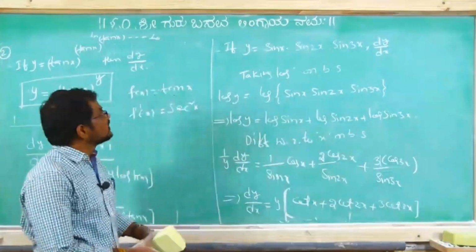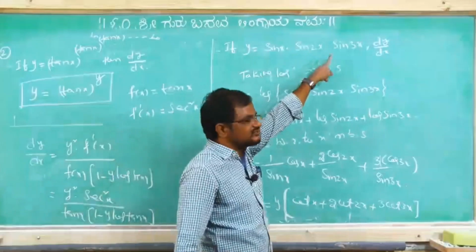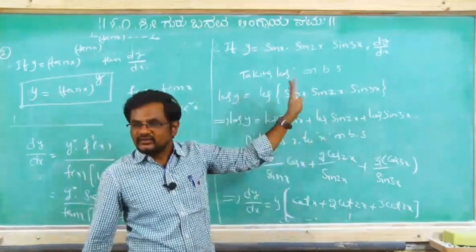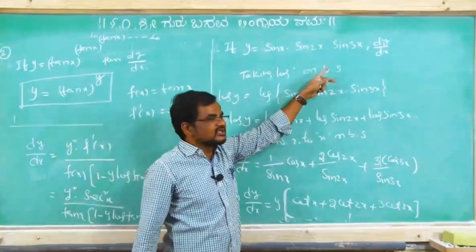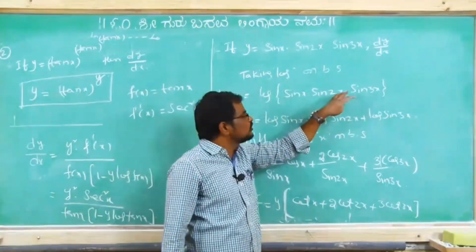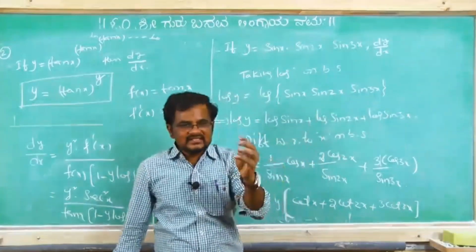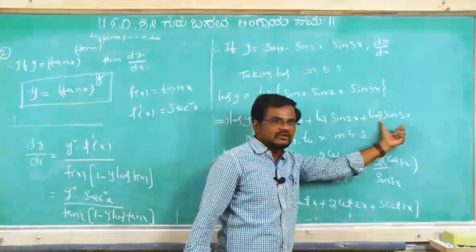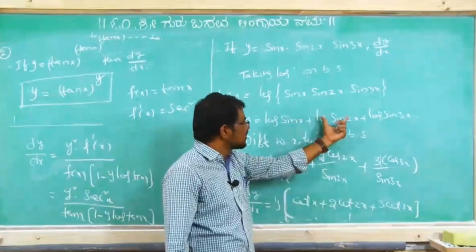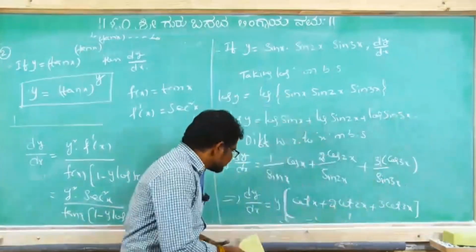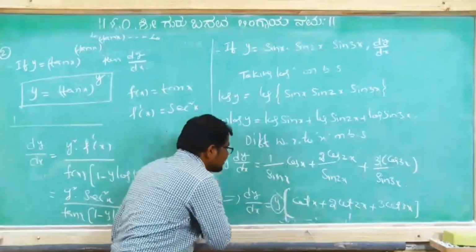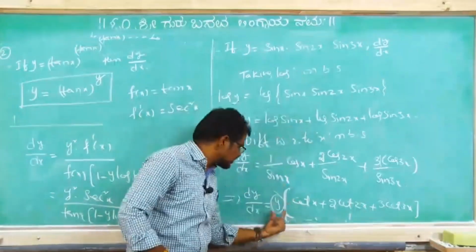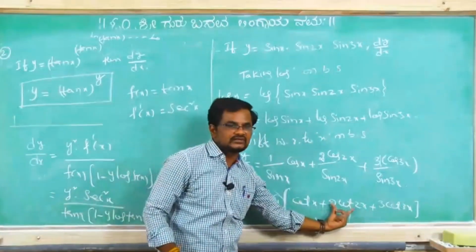Now listen here, what is given? y equal to the product of 3 terms, sin x, sin 2x, sin 3x, then dy by dx is asked. For that, what did you do? Taking log on both the sides. So log y equal to log a into b into c formula, log a plus log b plus log c. Again differentiating this sum of the 3 terms, log of sin x, log of sin 2x, log of sin 3x. But finally, y equal to what they gave, sin x, sin 2x, sin 3x, we have to replace. Then our final answer you will get.